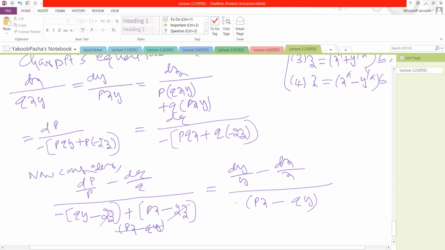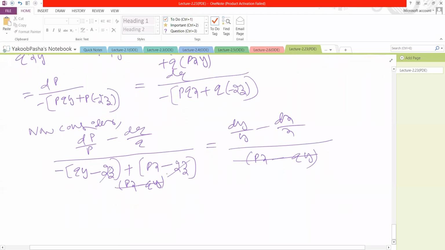This px minus qy and this px minus qy will be cancelled. So remaining we have dp by p minus dq by q is equal to dy by y minus dx by x. So by integration, log p minus log q is equal to log y minus log x